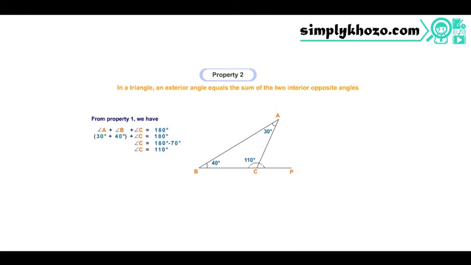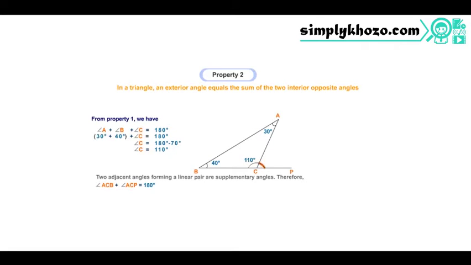You will recall that angle C and angle ACP are adjacent angles and form a linear pair. You will also recall that two adjacent angles forming a linear pair are supplementary angles. Therefore, the sum of the angles ACB and angle ACP equals 180 degrees. Since we have already calculated the magnitude of angle ACB, we can thus calculate the magnitude of angle ACP as